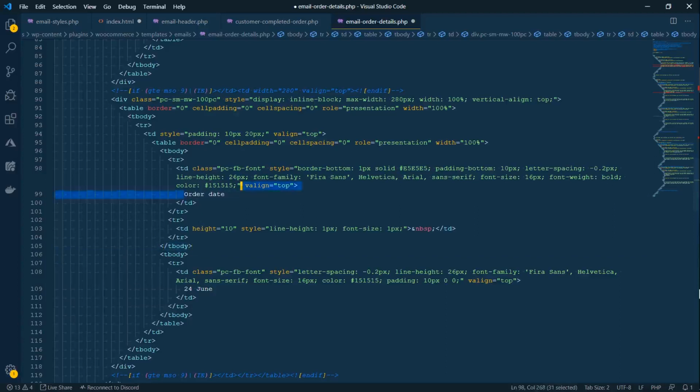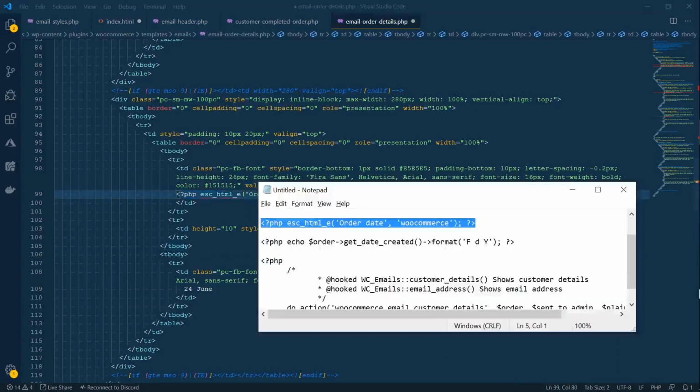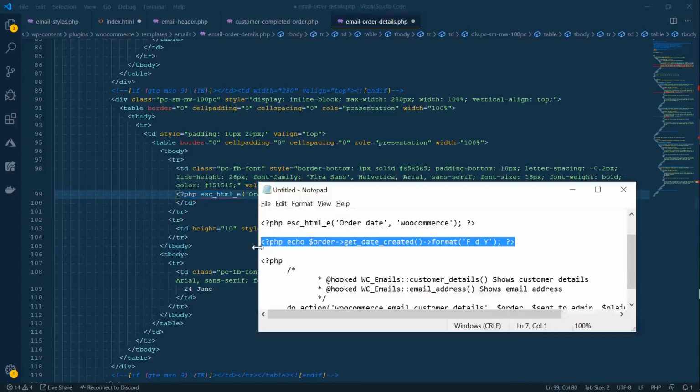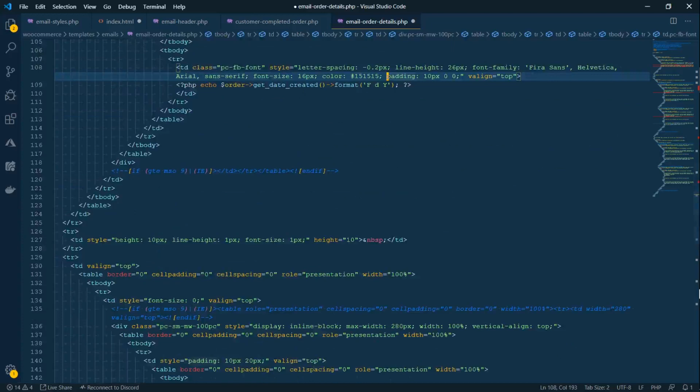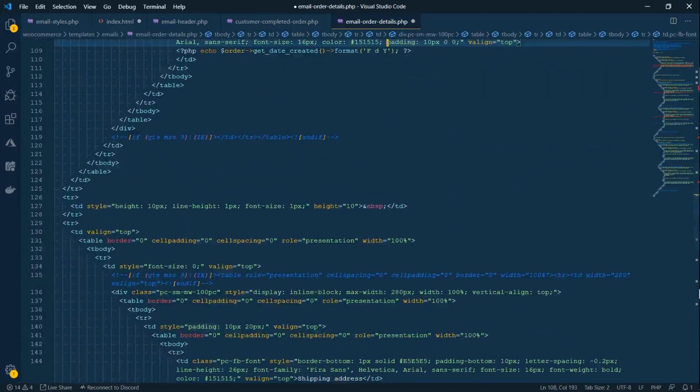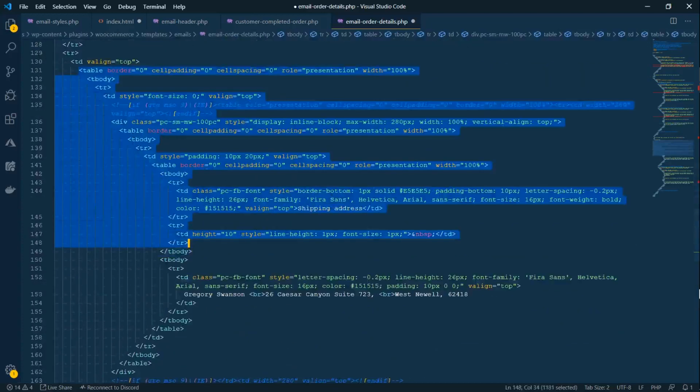Same thing here. And this is also the same thing, except that there is another function which formats the date. And next, the addresses are its own